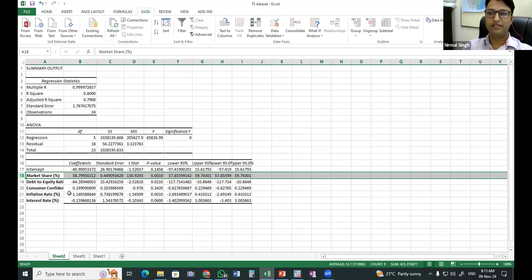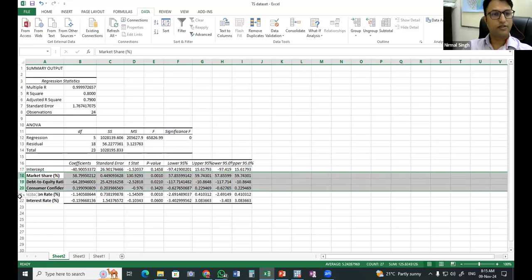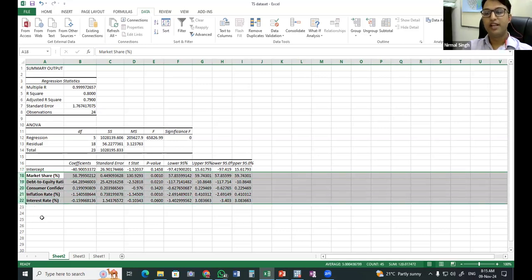If we can explain more than, say, 70% variation, then it will be easy to take decisions. For example, if I have 5 variables explaining 80% of the variation, that means by doing something on these variables, I can change the valuation of the company.